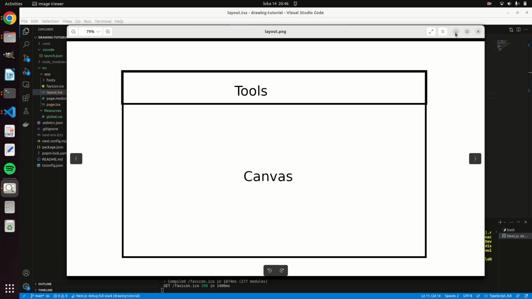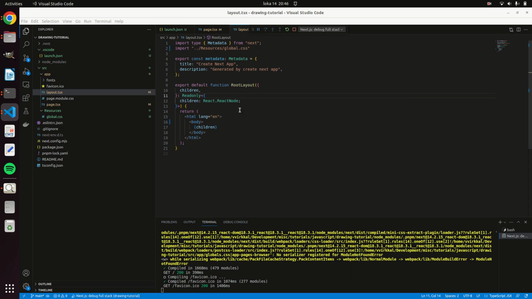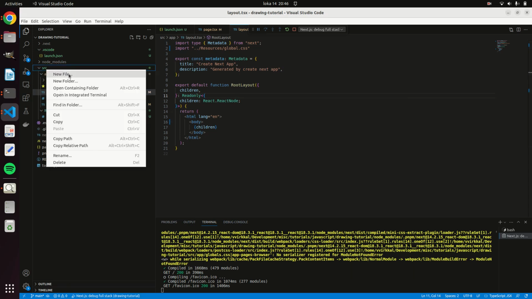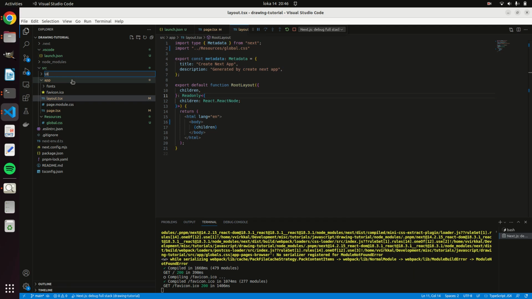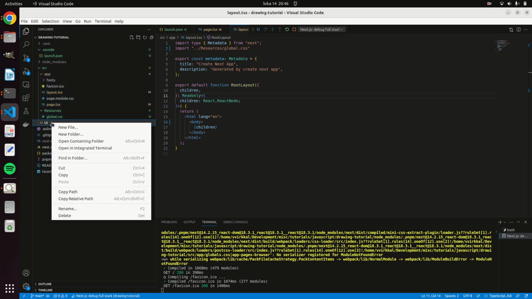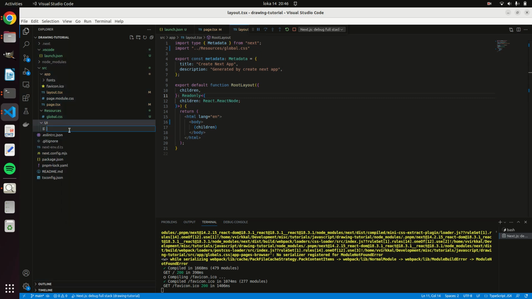So let's add basic setup for this at the beginning. So let's add a new folder called UI, and let's put all the UI elements here. So let's add a new file, let's call it canvas